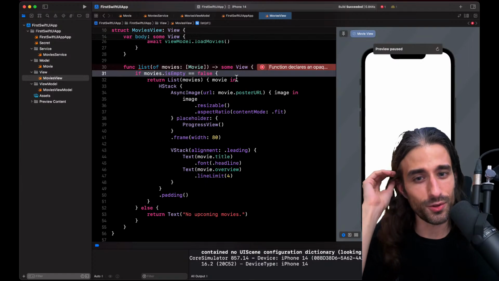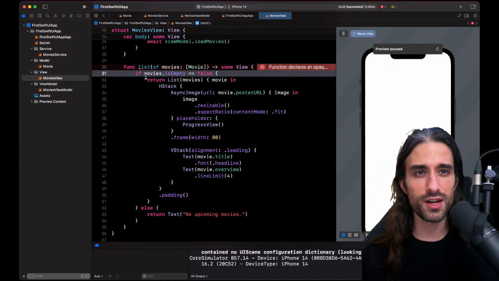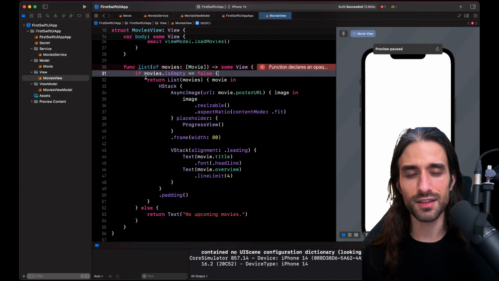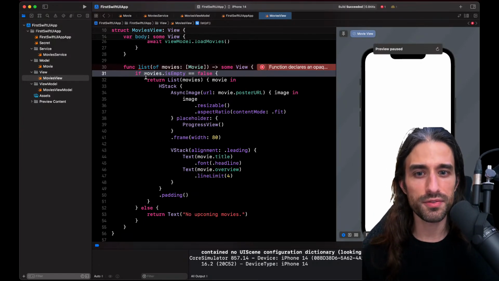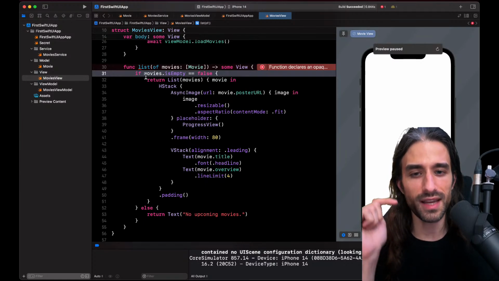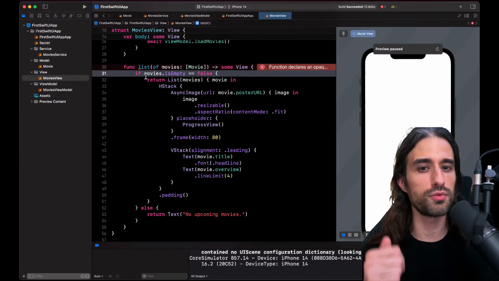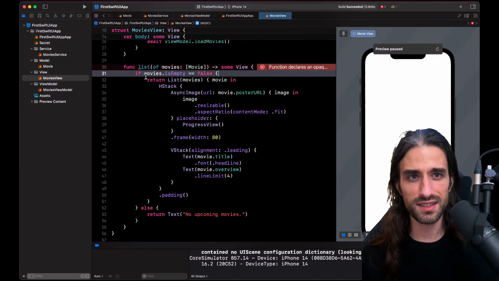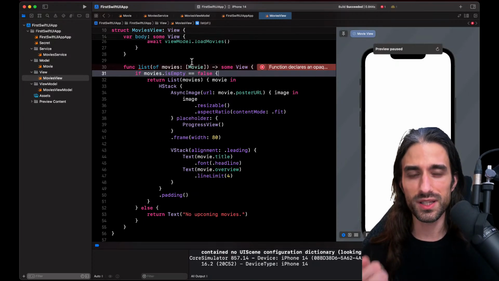Some View means for the compiler that the method will return a type that conforms to the protocol View. But it means that every call to the method will return the same type that conforms to the protocol View. Another way to say it is that the actual return type of the method is known to the compiler at compile time.